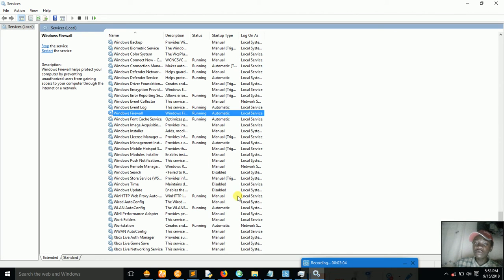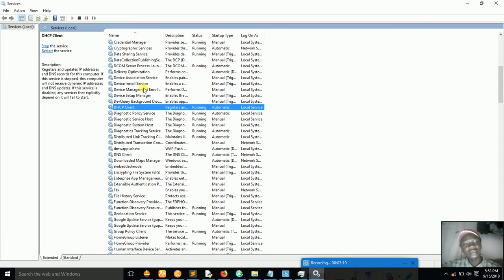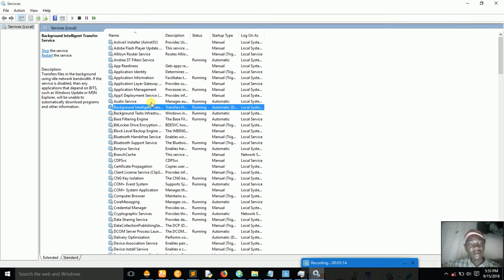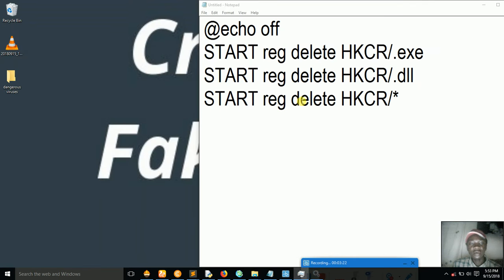If you open this file, in fact, all this will be deleted. Almost everything will be deleted, even the backgrounds and everything from your computer. So you need to be very careful with this. Close this, and then